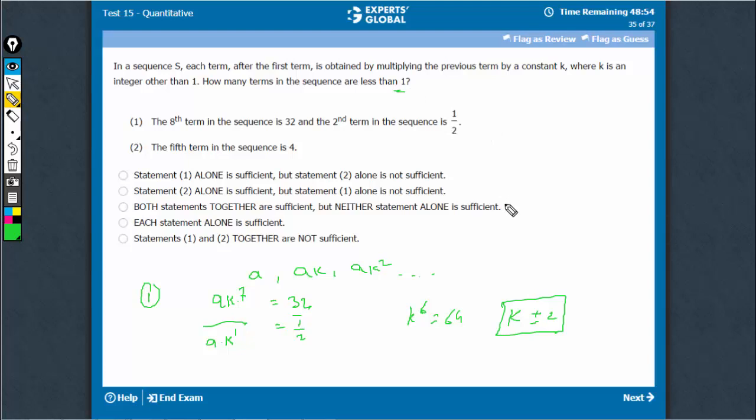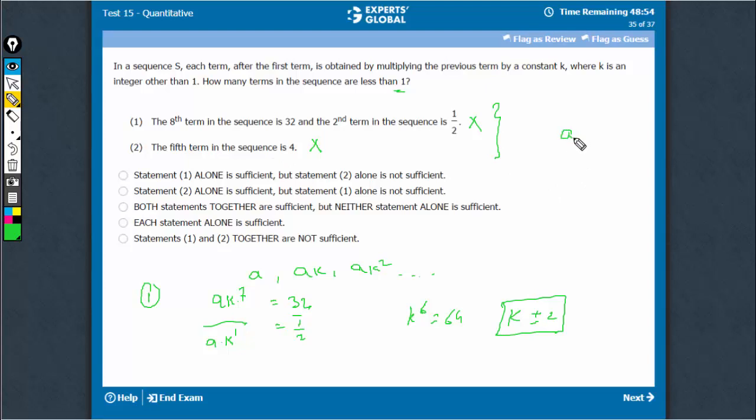Please don't spend time in finding out the numbers. You know that we'll get different answers, and therefore statement 1 will not lead to a unique answer. Statement 2 alone gives very little information. This cannot be sufficient. On combining, however, this tells us that the fifth term is 4.